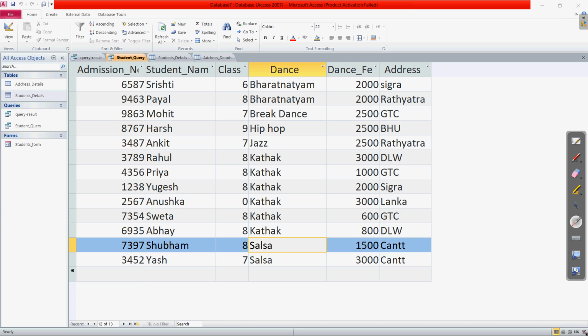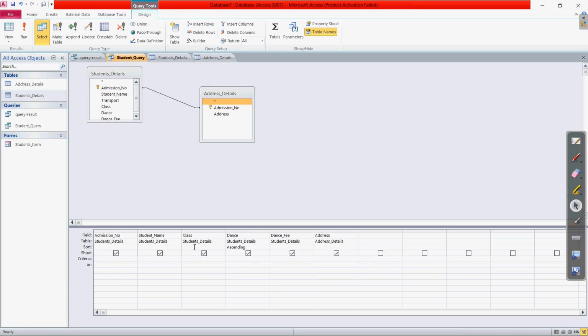So not only this, wherever you want to apply this, if you want to get it sorted on the basis of the names, that is the student name, you can do that. Click on the student name and click on the ascending. And if you want to do this for the dance, if you want to decrease, you can click on the not sorted. Clear? So right now the student name will be the sort key. Sort key is if you are choosing only one field for sorting purpose. So right now the student name is the sort key and it is being arranged in the ascending order.